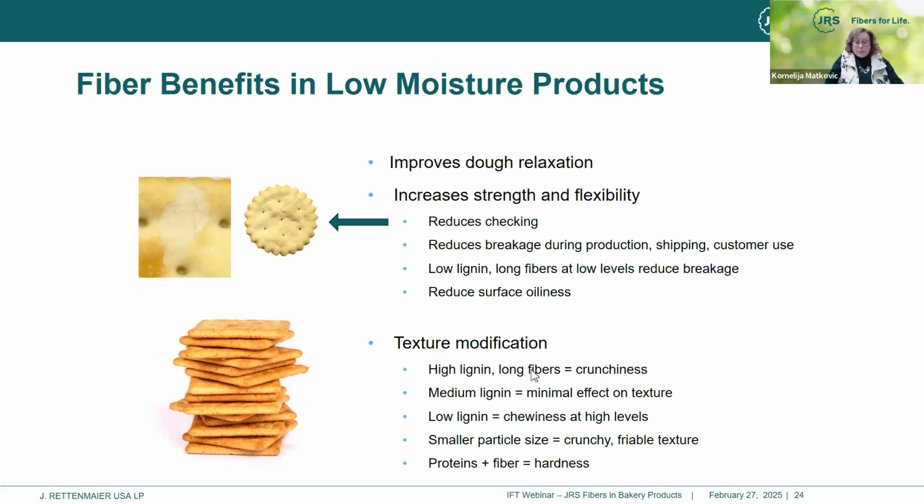So if you remember earlier, I mentioned HF200, right? That long, soft, flexible fiber. That's the one that helps us to reduce these negative things in low moisture products. If you add some of that HF200, it will increase the strength of the product. And so that product will be able to absorb more stress. It will flex more under the stress. So you really have to apply more force to that product